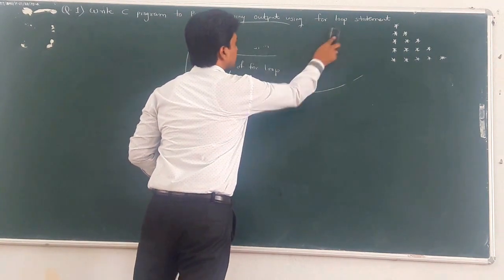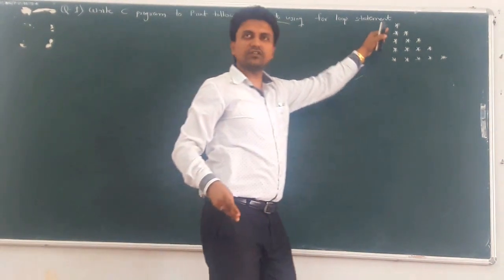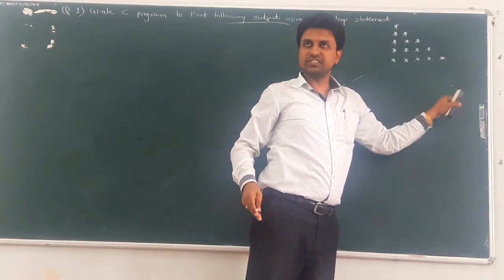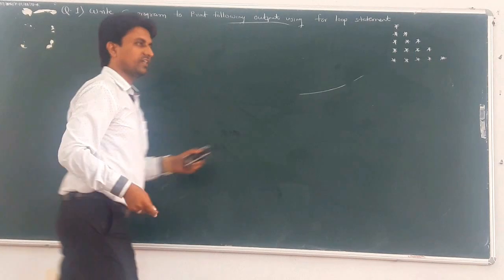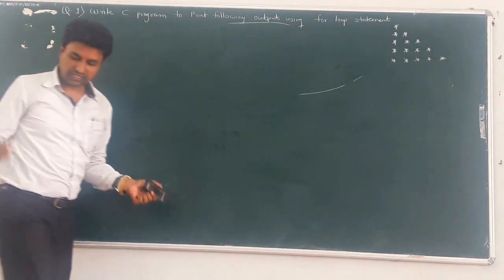So we want to print the same output on the console using a for loop. So start writing the program. This is the end result, that is, the output looks like this on the console. So there is no need to write the console and how the output gets displayed again. We start writing code with hash include stdio.h and include a second header file, hash include conio.h. This is the header file section.